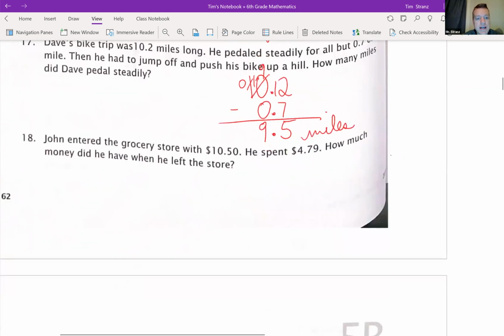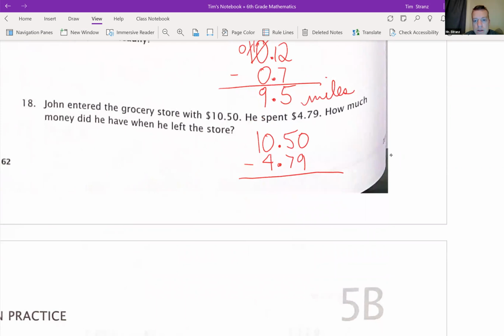Okay, and then the last one, John entered the grocery store with $10.50. He spent $4.79. How much money did he have when he left the store? So I got to borrow here. This becomes a 4. This becomes a 10. Got to go over here. This becomes a 0. This becomes a 10. Got to borrow that. That becomes a 9. 14 minus 7 is 7. Decimal. 9 minus 4 is 5. Okay, so now he has